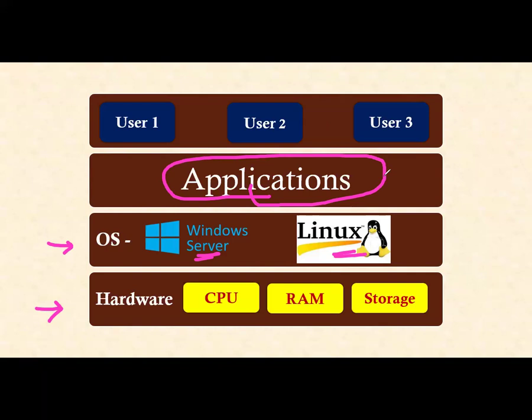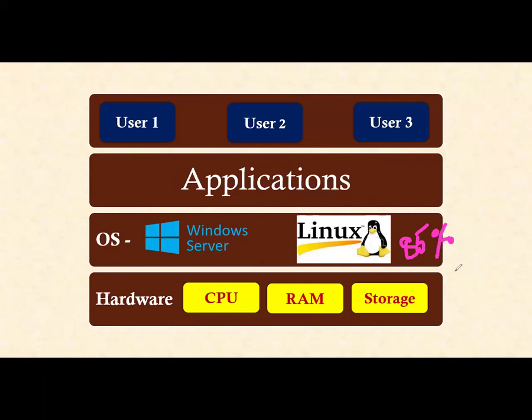So what is an application? An application can be a web application, an email application, a database application, a file application, or let's say PhonePe, Google Pay, Swiggy, Zomato, Ola, Uber, WhatsApp. If you're playing any game, everything comes under application. It runs on top of your Windows or Linux server. If you go to the internet, approximately 85% of servers are running on the Linux operating system.